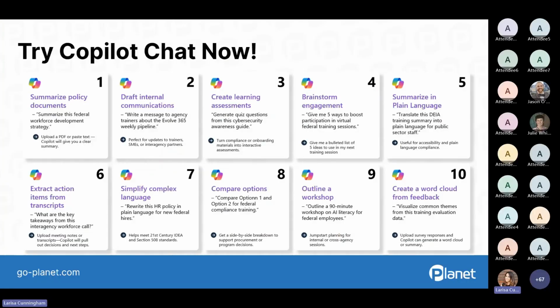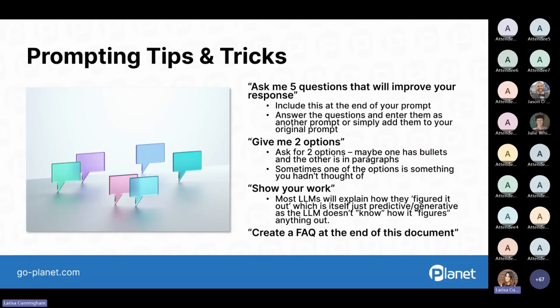All right. So I know we only have a few minutes left, so I do just want to share a couple of tips and tricks when you're prompting that you can try. One of those you kind of saw in a couple of the examples, but one is to have it ask you questions. I have had so many experiences where I think I've given it everything that it could possibly need